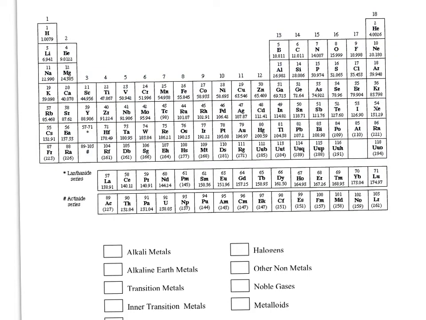So if you take a look at a periodic table here, first of all, element 101 is right here, named after Mendeleev, it's named Mendeleevium. It's an inner transition metal right here. But let's take a look at the periodic table. So for example, I believe germanium was not discovered by